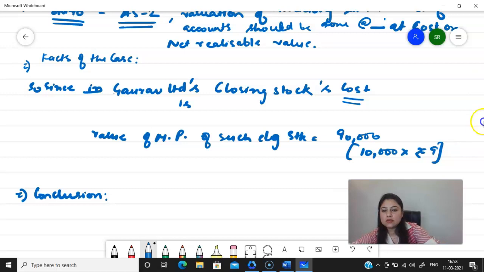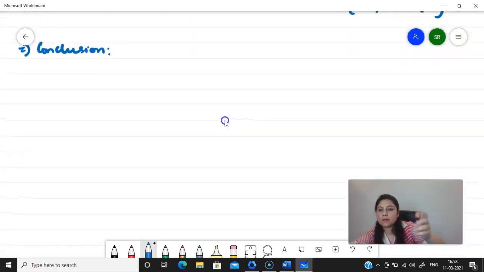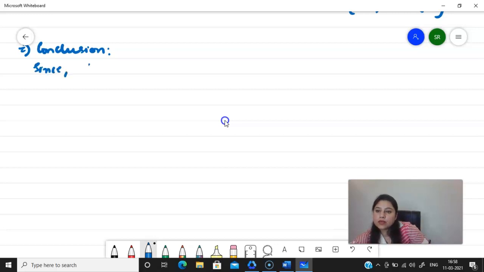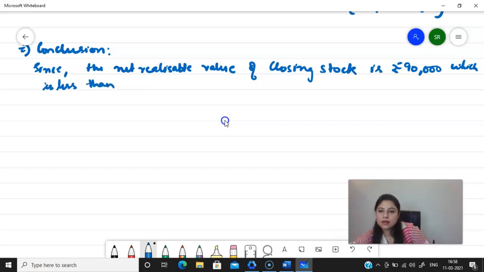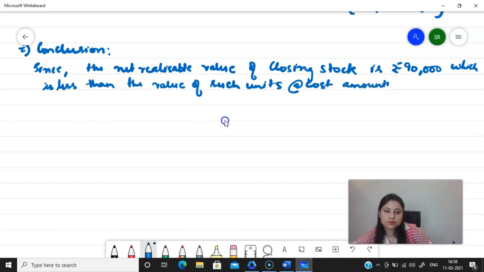So let me just mention only here. Since the net realizable value of closing stock is rupees 90,000, which is less than the value of such units at cost amounting to rupees 1 lakh,